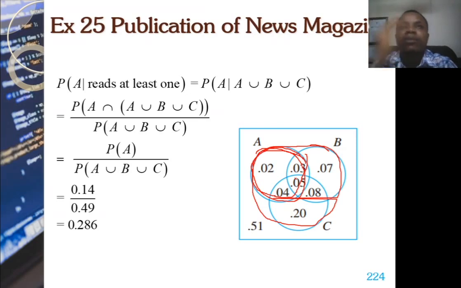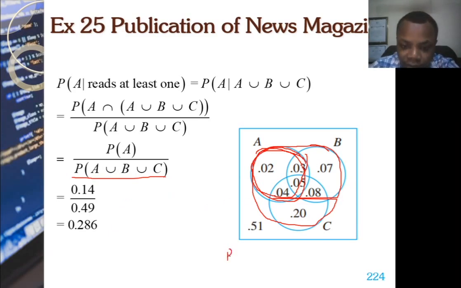That is probability of A plus probability of B plus probability of C minus probability of A intersection B minus probability of B intersection C minus probability of A intersection C plus probability of A intersection B intersection C. Remember that formula that we learned earlier on? We could use that to determine this our union of A, B, C,